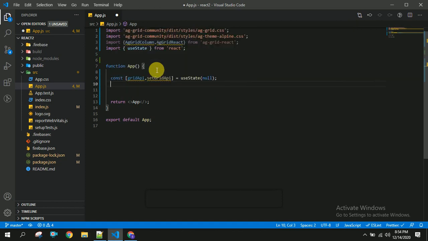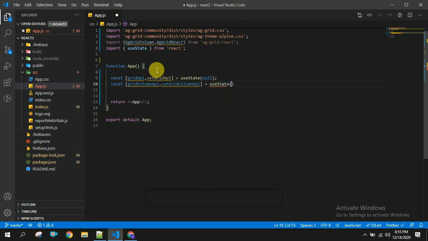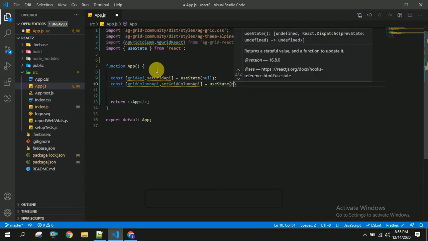Next thing is grid column API, equal to, this is also I am initializing with useState with a null value.